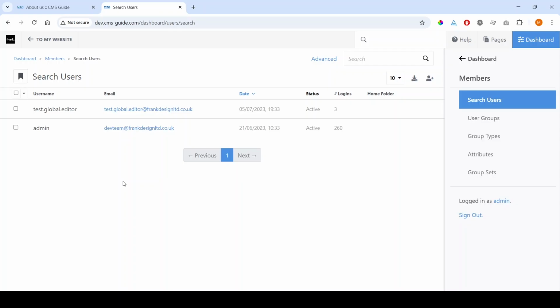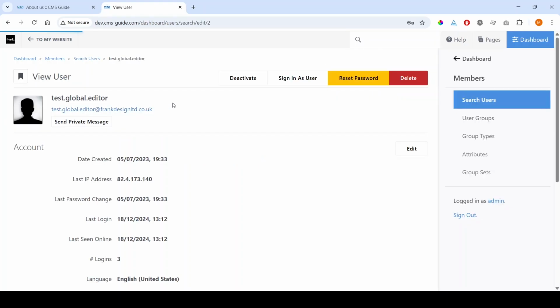So in my case, I'm logged in as this account. So what I'll do is, as an admin, just click onto this test global editor account we have as a second user and see what that panel looks like. So we can see at a glance that from an admin's point of view, this is a summary screen of